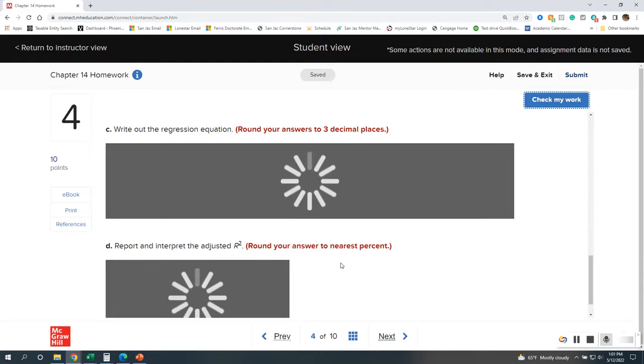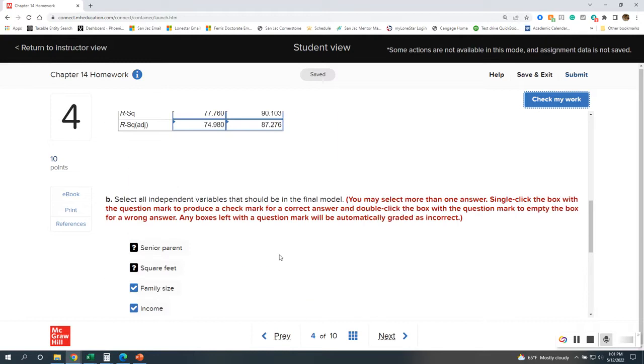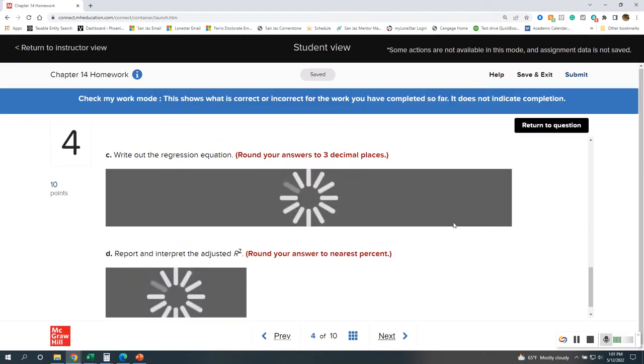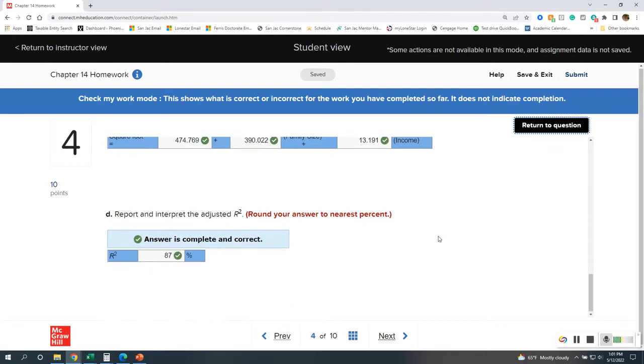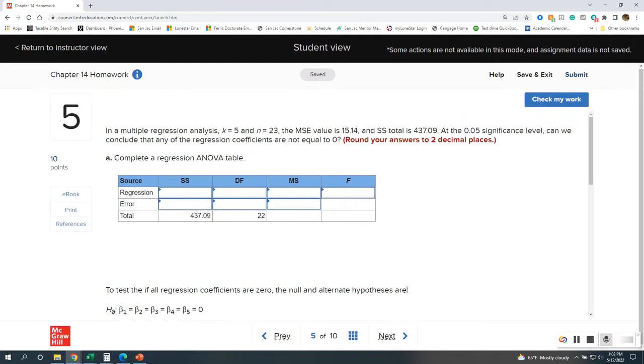There you go. Okay, report and interpret the adjusted R squared. There's really no interpreting, but we do know about 87% is covered. Basically, it accounts for most of the information. So, that is it for question 4. Now let's hit question 5. Halfway there. Yes. Alright, so in a multiple regression analysis,